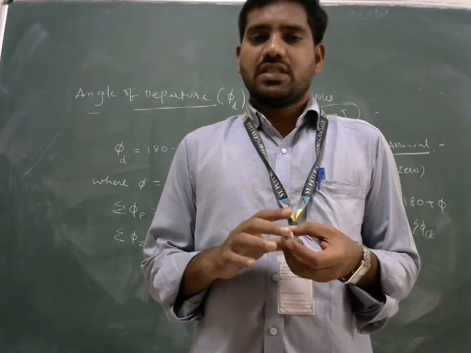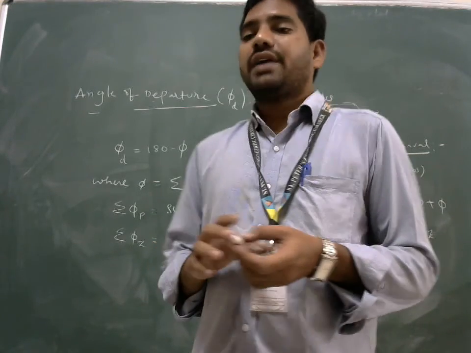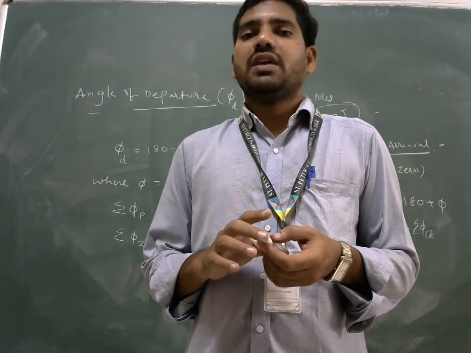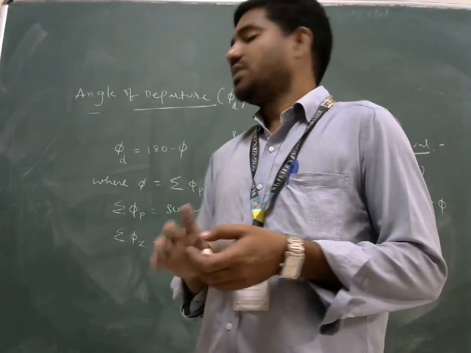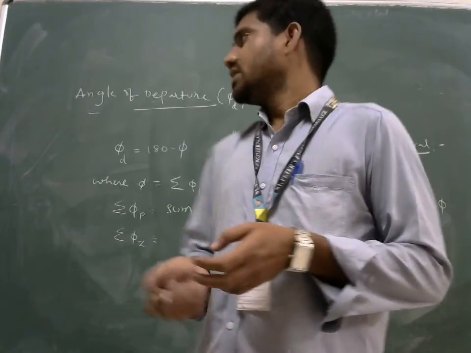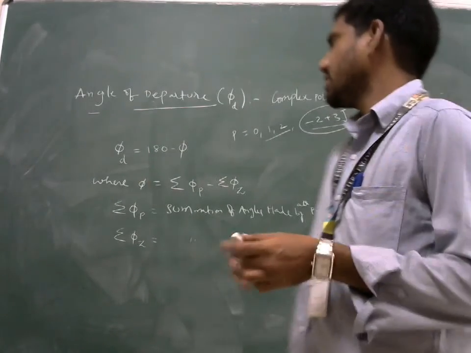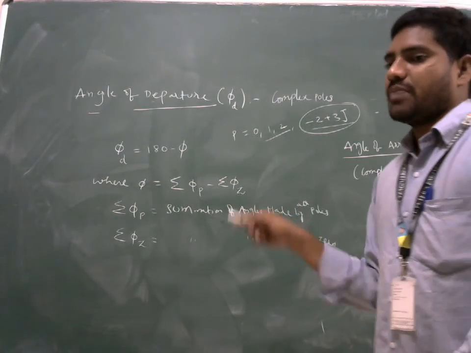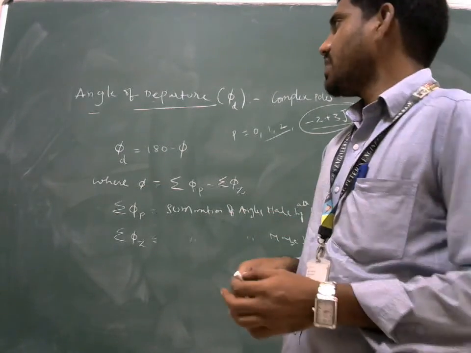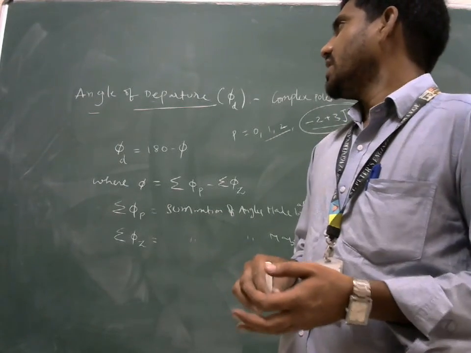After that we have the point of intersection. The point of intersection is the point on the imaginary axis where the root locus branch crosses. That also we calculated using the Routh theory. We take all the values at K marginal, and from that K marginal we find the root locus on the imaginary axis.